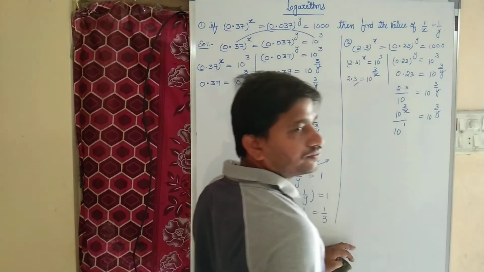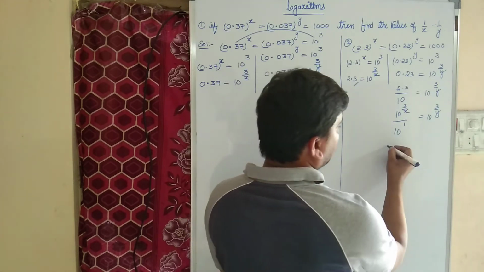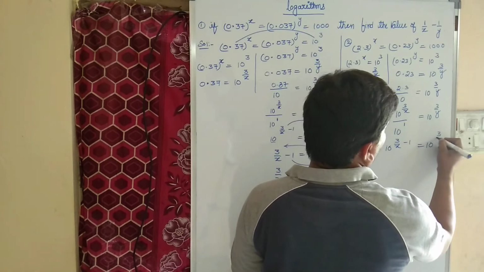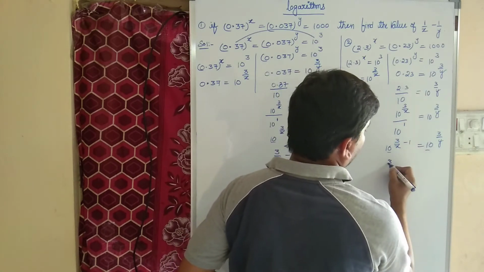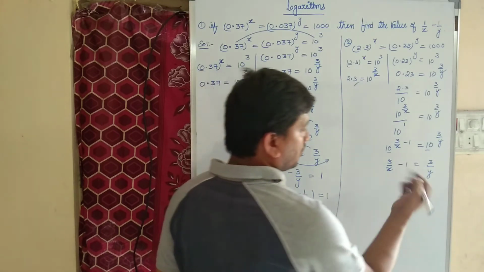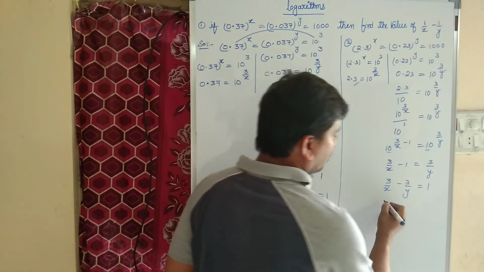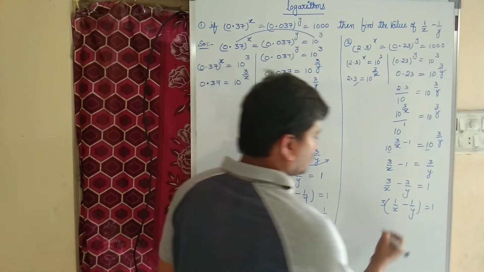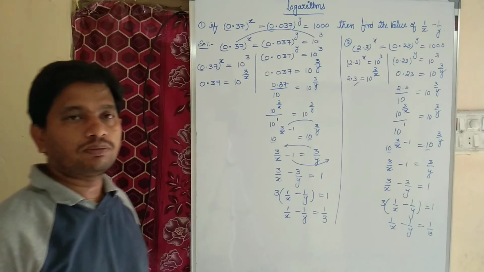Right? Now again, which is in the form of a power m divided by a power n, I can write as a power m minus n equal to 10 to the power of 3 by y. Again bases are same. If bases are same, power should be equated. 3 by x minus 1 equal to 3 by y. Plus 3 by y you transpose, it becomes minus 3 by y equal to 1. If I take 3 common, 1 by x minus 1 by y equal to 1. So again 1 by x minus 1 by y equal to, what is the answer? The answer is 1 by 3.